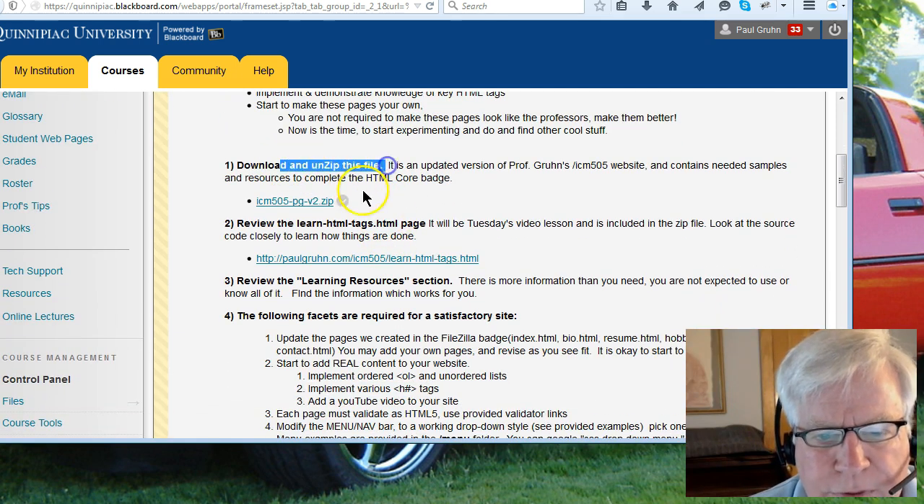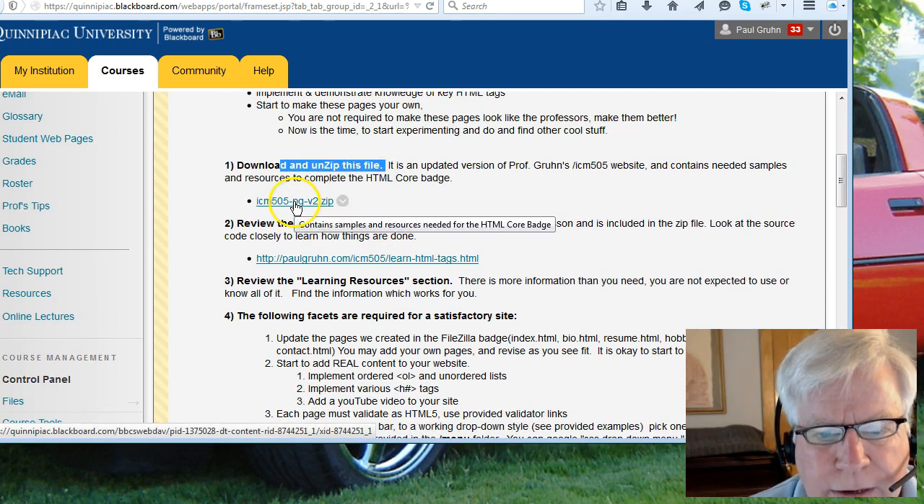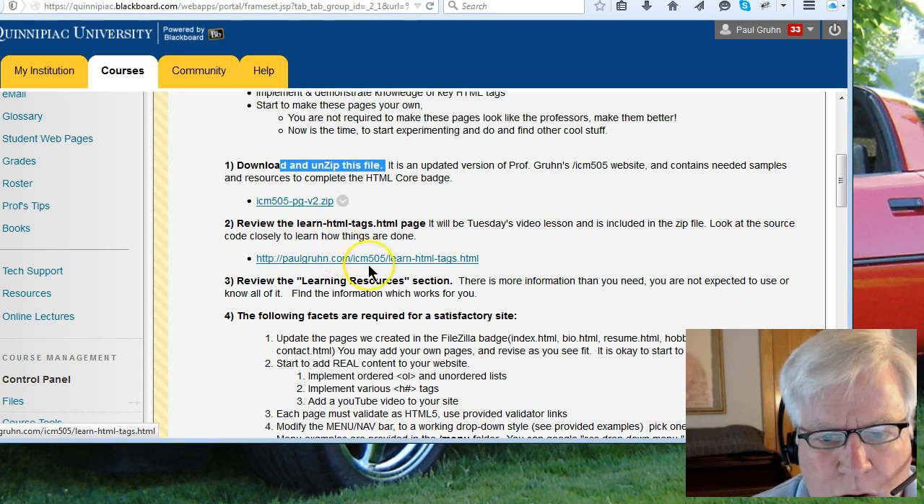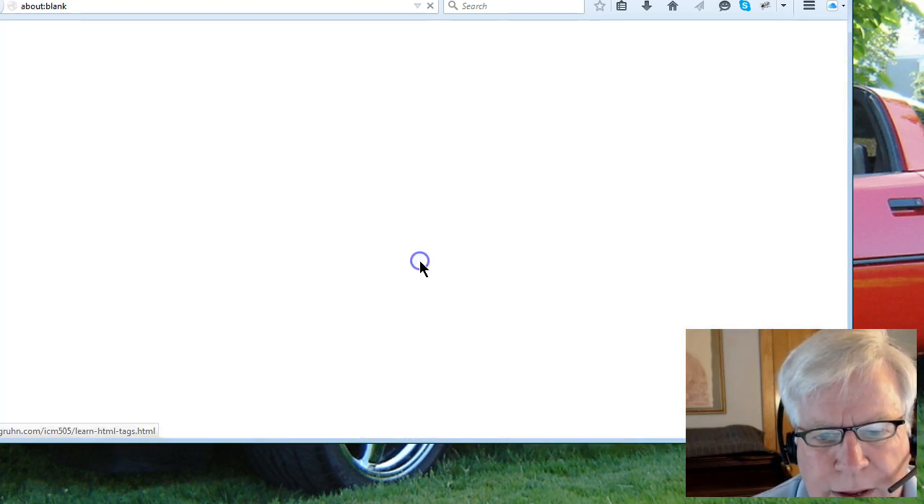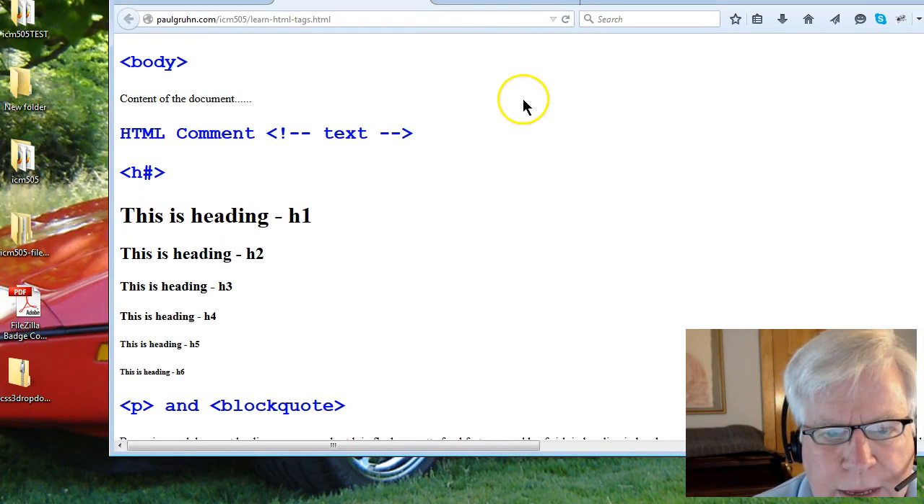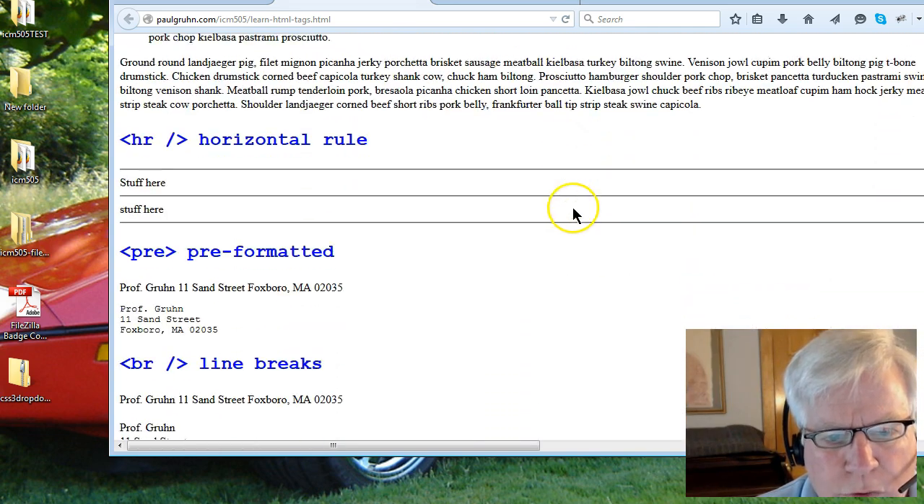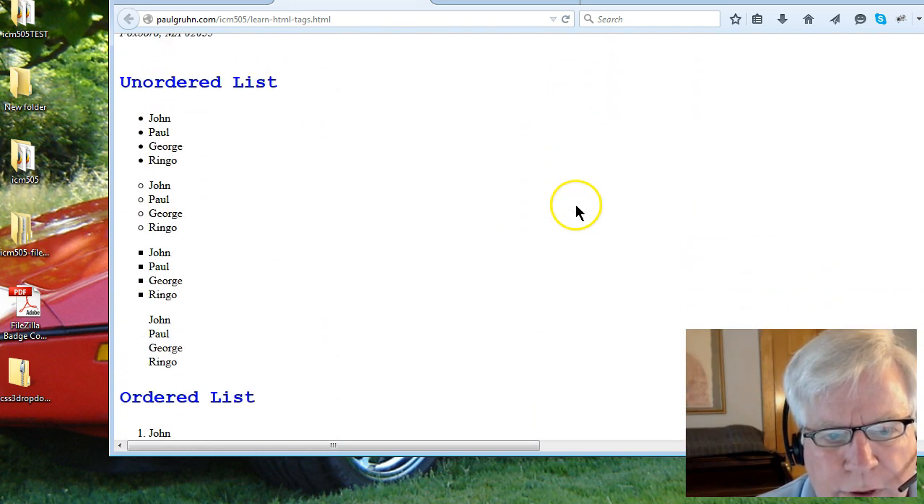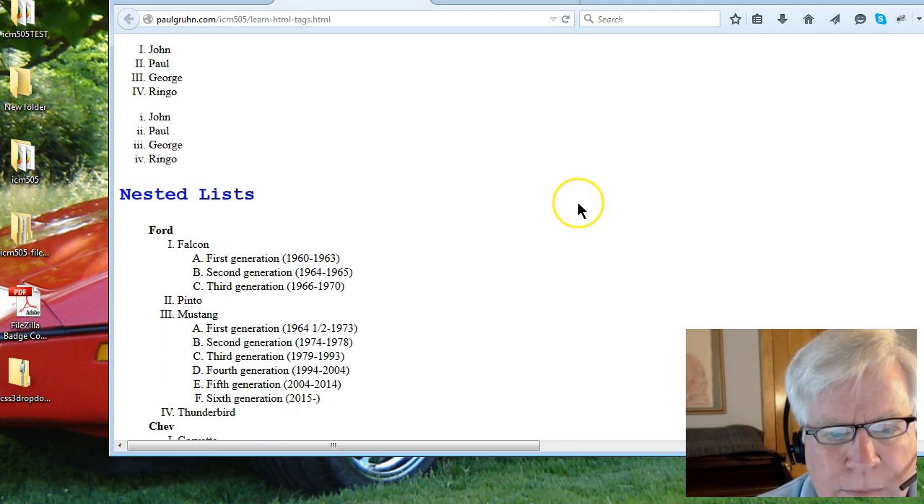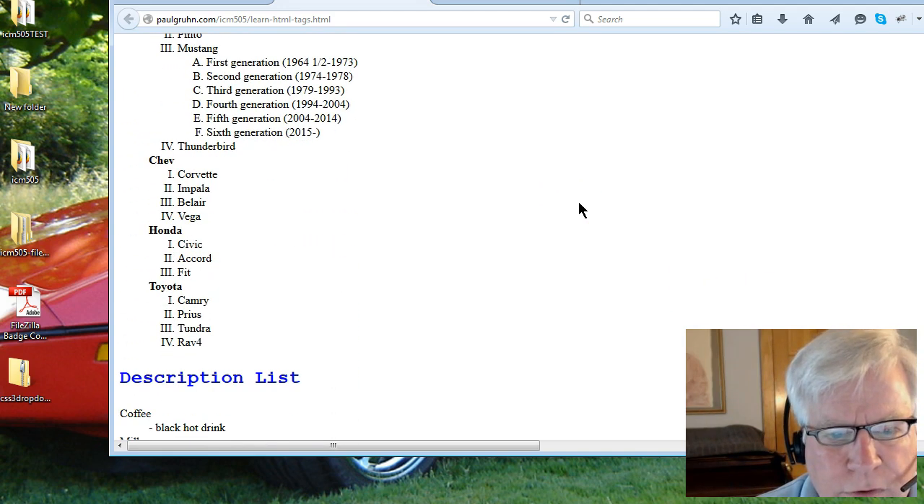Download and unzip this file. This zip file right here is an updated version of the paulgrun.com website. Also, this page, paulgrun.com Learn HTML Tags, I'll click on it, is a very blank, bland page, but I go over all sorts of tags, and this will be my talking points for